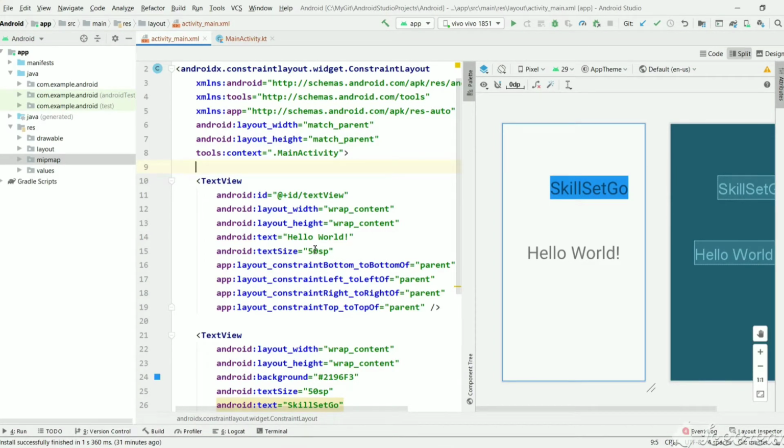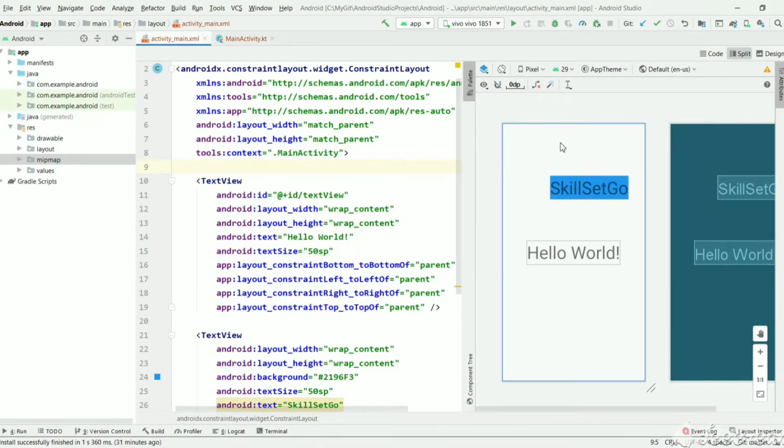In the previous videos, we have created our first Android app and we have also seen the overview of an Android app, what are the files it contains, and in the last video we have seen the life cycle of an activity. So the main element in an Android app is an activity, and it is important to know the life cycle of an activity, and we have seen the life cycle of an activity in the last video with a demo. So in this video, we will just create a simple Android app which will add a given two numbers.